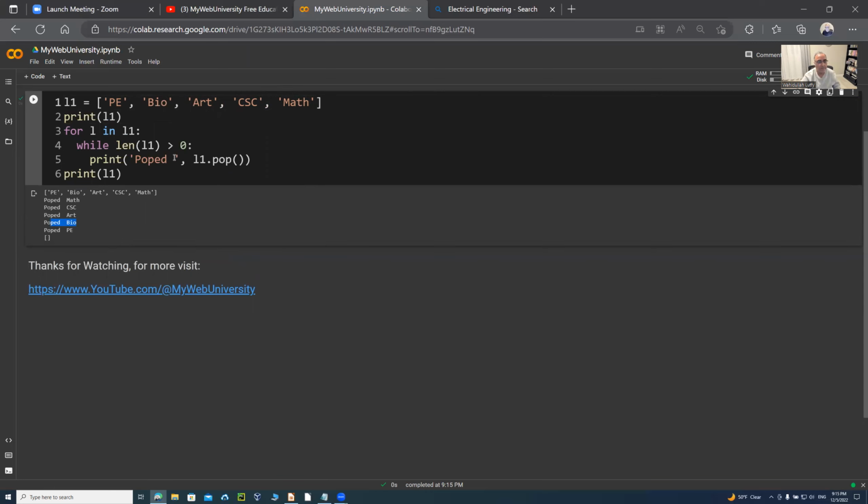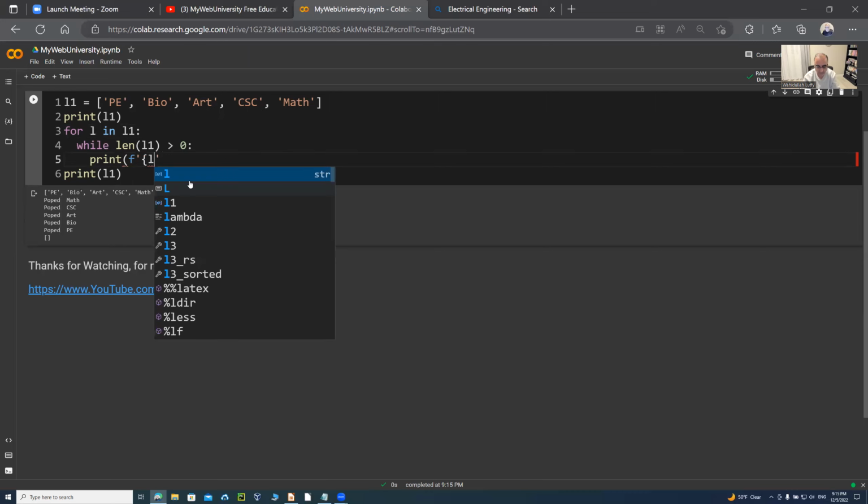Now, at the same time, while we are doing this for statement, let's just change a little bit of it. We're going to get the index of the element. So we say index. Let's use an F string. We're going to do an F string, which has this syntax, and you're going to say F string, and we're going to say